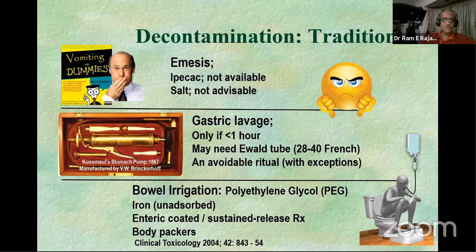And the last kind of situation where people use so-called bowel irrigation has very definitive indications. Okay, when you're using polyethylene glycol, you give it in large enough quantities that you provoke a persistent enteric elimination, which means the patient should have multiple bowel movements and watery bowel movements for that to be eliminated. It is used very specifically under the circumstances that I've listed over here, and it is not a routine part of therapy. So if I look at it, emesis is not recommended.